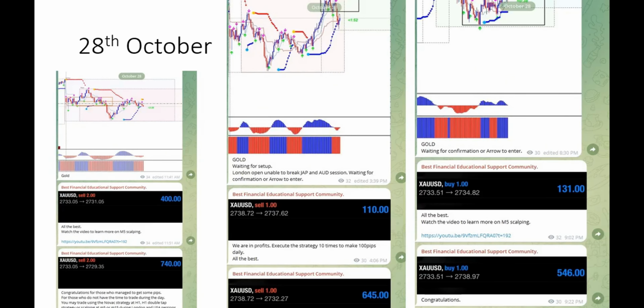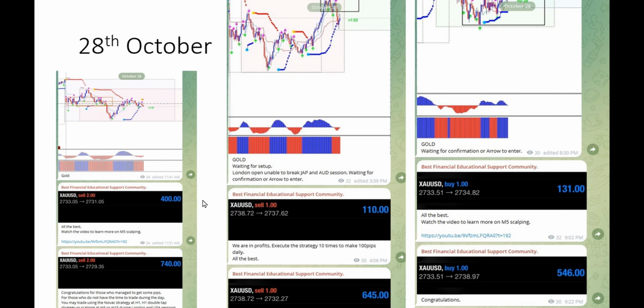Okay guys, this is the trading signal sent in our Telegram group on Monday, 28th of October. At about 11:41 AM, our members sent a trade setup over here, and at about 11:51 there is an entry earlier, and they have to screenshot and send it to you guys. By the time, it's a bit too late. By about 12, the profit has been about